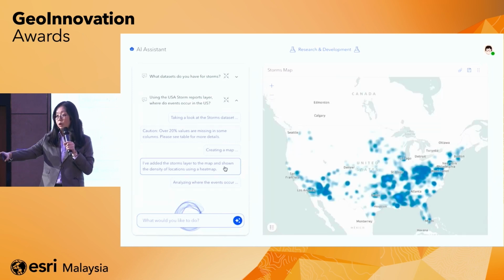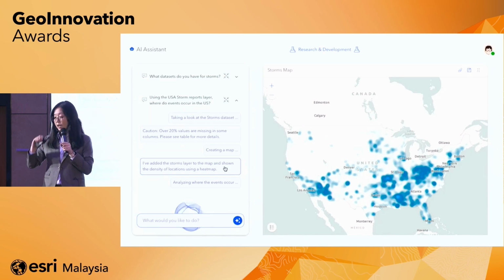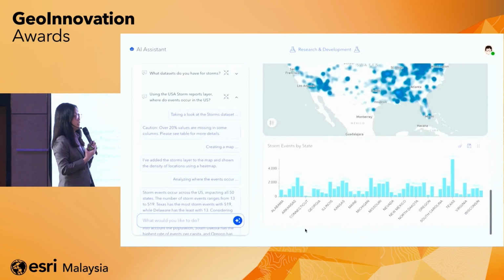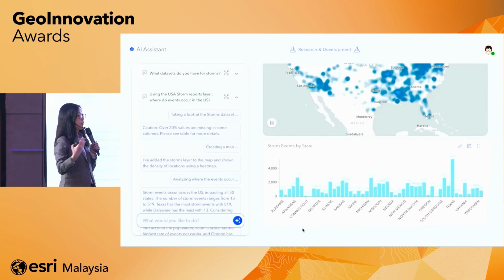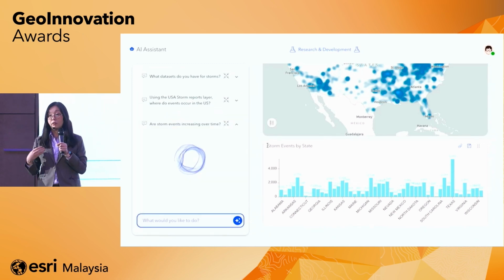Not only that, you can also ask them to aggregate by state level. This is where they will do a hotspot on it, and then they will also take data from your state boundary and then aggregate it across the time. So this is some of the development that Esri is working on in our platform and technology platform. This is something that, if let's say you would like to leverage on top of this kind of